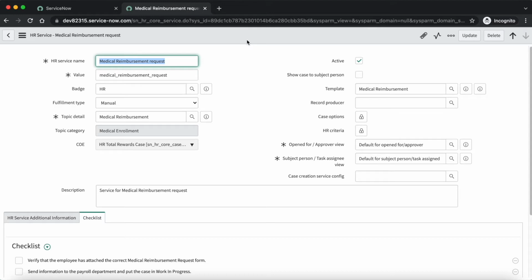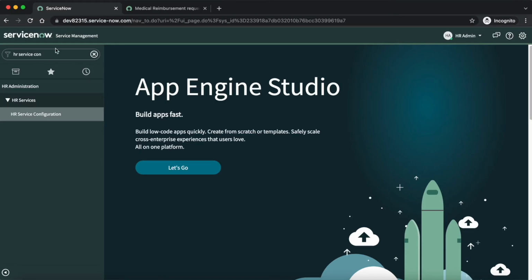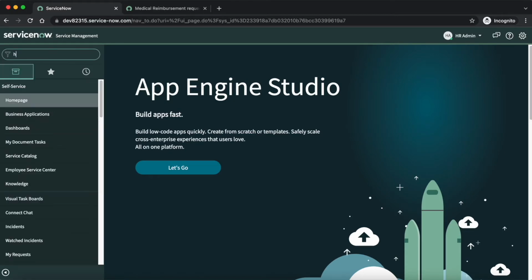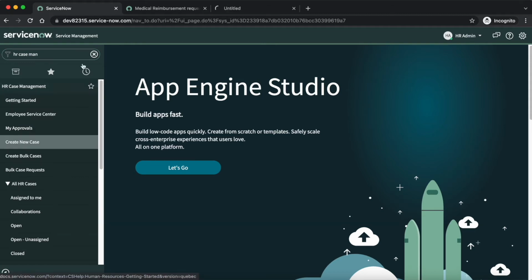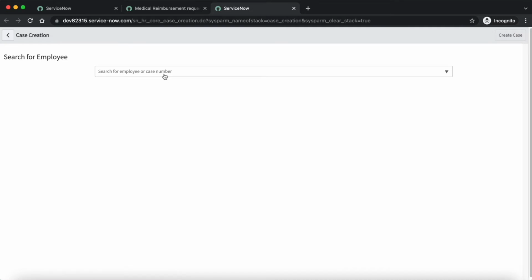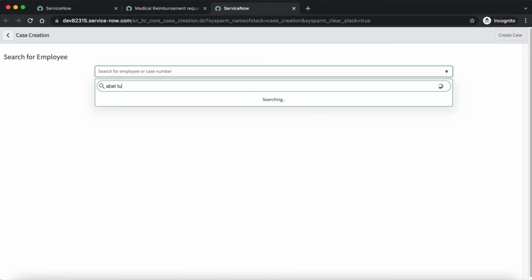Now let's validate whether checklist is getting attached to the HR case or not. So to validate, we will have to create an HR case with this HR service name, and let's see whether it's getting attached or not. Let's click on create new case button and select any user.